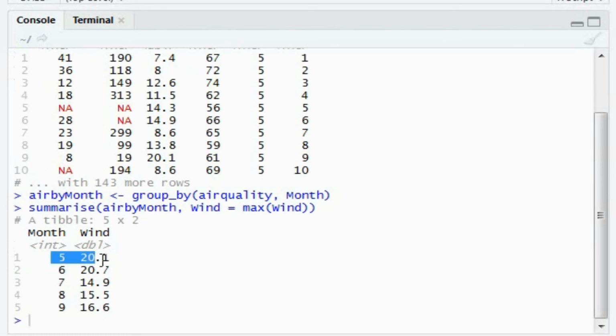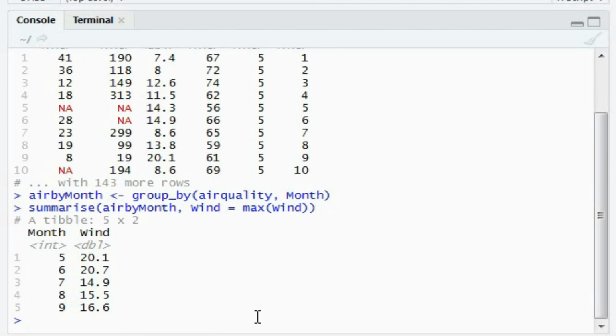See, for every month the max of wind has been evaluated for months 5, 6, 7, 8, 9 separately. Similarly, you can add multiple arguments, you can evaluate mean and everything.